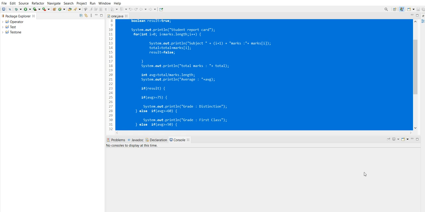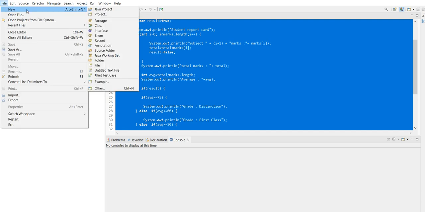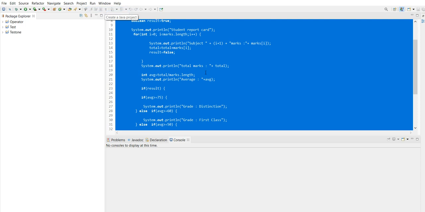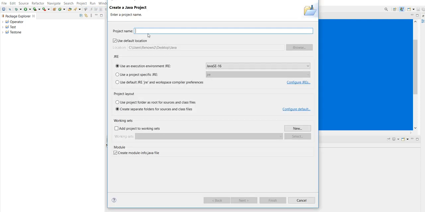So this is launched. From here, now I'm creating one new project. First click on File, then from here click on Java project. I'm giving the name as first test app. Then click on Next.